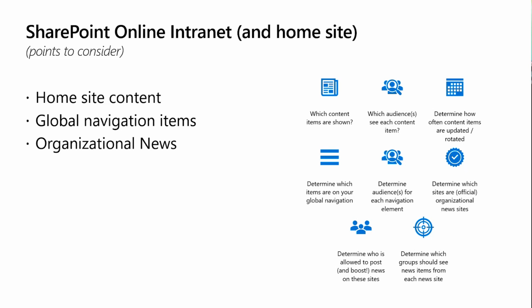And then last, determining the groups which should see news items from each news site. There are going to be things like HR, benefits, and different units that everybody wants to see news from because it's applicable to them. But there are other places where, for example, I work in customer success. If there's news coming out of maybe engineering or marketing, and it's not related to Viva at all in my job, then I probably don't care about that news, and I probably shouldn't be in the audience for that. So using audiences to identify groups that see content from each of those organizational news sites is really helpful.